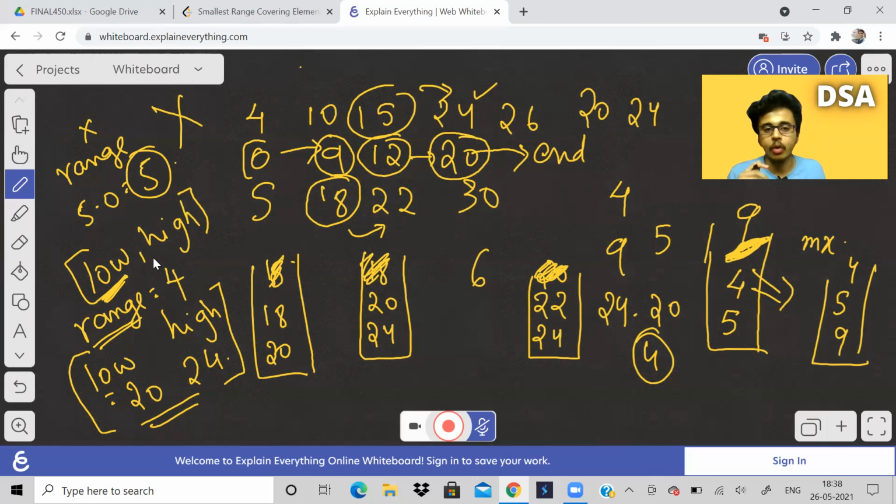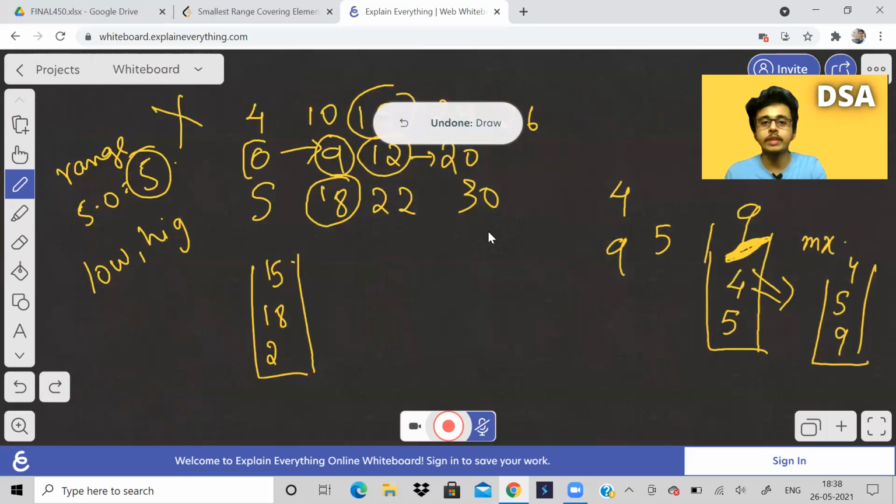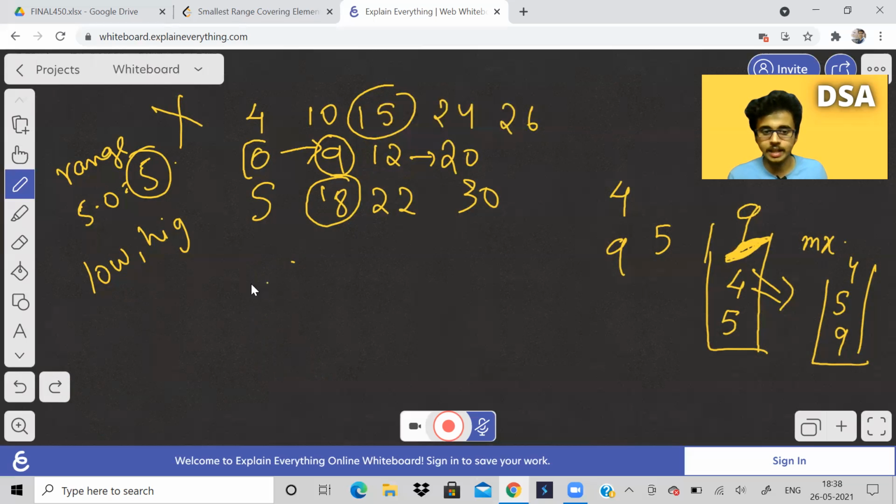So what we did was we found out the minimum and we tried to move in the direction of the minimum. Why only in the direction of the minimum? You might have that question, right? So consider any random range. If we want to decrease the range, either we move the maximum closer to the minimum or we move the minimum closer to the maximum. In this problem, which is easier?